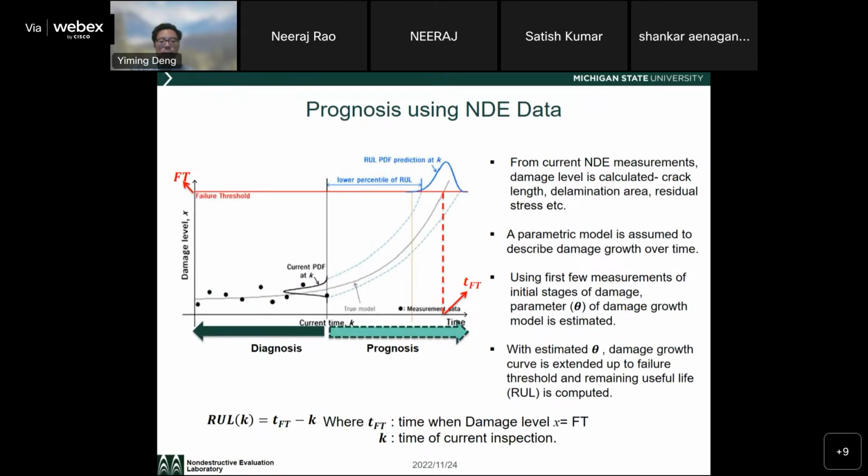I will not explain this again. It tells me that for the diagnosis regime, we have NDE measurement, all those dots here as measurement data points, and I can use that to better understand the damage level. And this can be seen as a curve fitting or a regression problem. So you have your damage level estimated from those measured data points. But for future damage level changes over time, you have to incorporate decision making or prognosis here. And for the prognosis, there are different ways of doing it. One way is purely data driven, the other is model based prognosis. And of course, this leads to a very natural solution of combining both, which is a hybrid